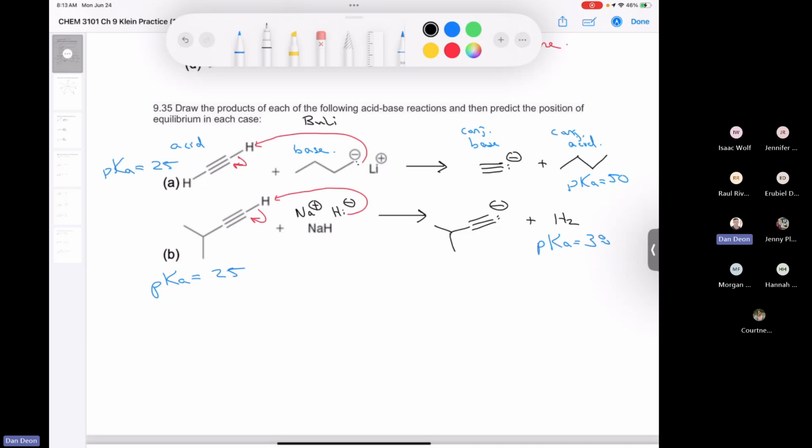So butyllithium, sodium hydride, and if you also remember, the other base that we said was appropriate was sodium amide, right? We said that these were the three bases. So we had butyllithium, we had sodium hydride, and we had sodium amide. These are all effective at deprotonating a terminal alkyne. It's interesting that they put butyllithium and sodium hydride in this question, because the one that's most commonly used is actually the sodium amide. Okay, when we do the alkylation chemistry,